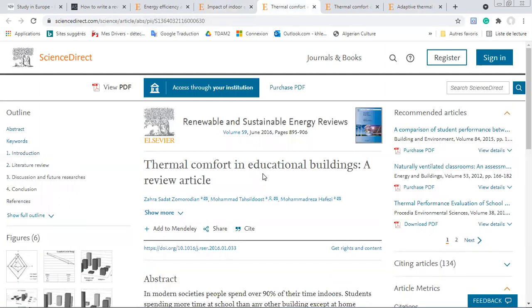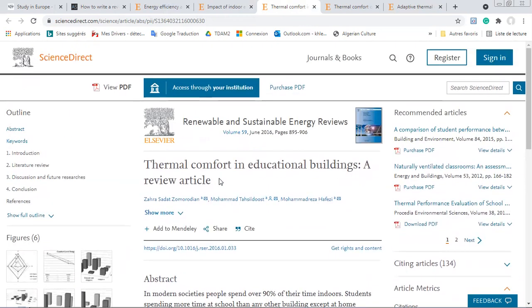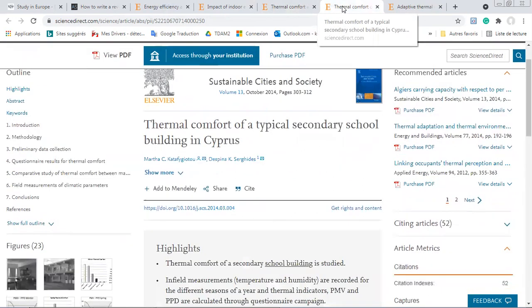the specific review articles. In this case, I read, for instance, this one, Thermal Comfort in Educational Buildings. As you can see, it was a really interesting article. And after finishing reading those specific review articles, I moved to the third step, which is reading research articles, reading over the thermal comfort and visual